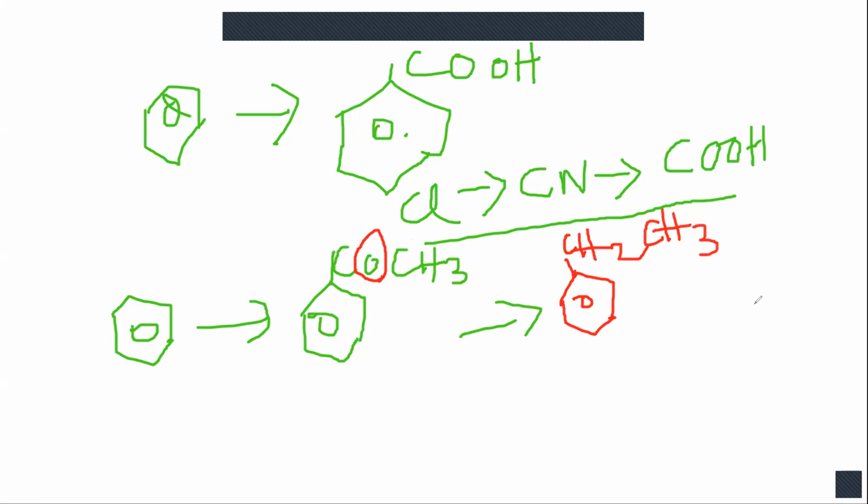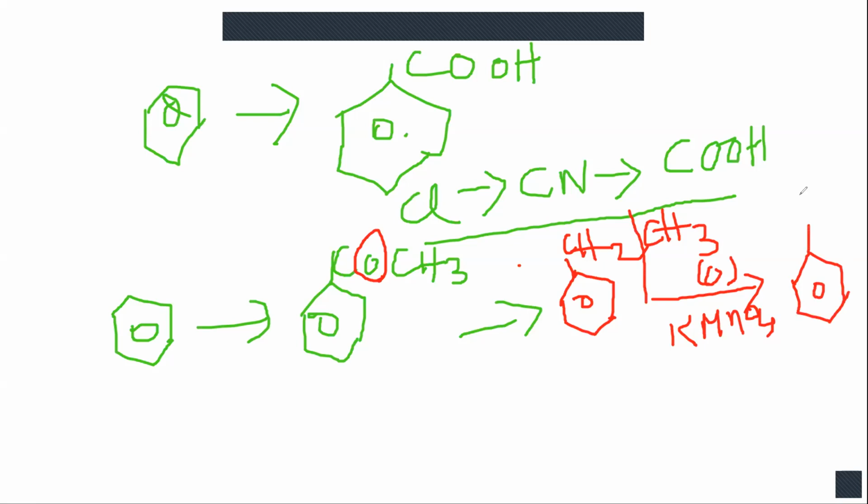Then next, after reducing this, on oxidation using powerful oxidizing agents like KMnO4, how many carbon atoms are connected to the benzene ring? Everything will be broken. Only one carbon atom will be converted into the acid group. So this is benzoic acid, because you are using the powerful oxidizing agent KMnO4. So the final product is benzoic acid. We will use this. How do you convert benzene to acetophenone?